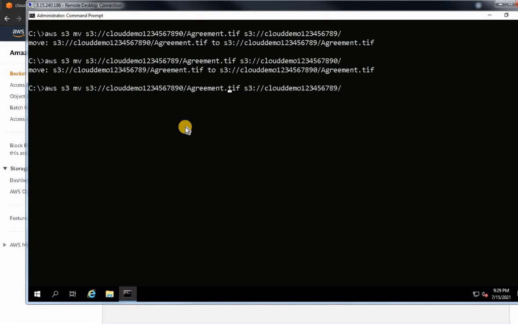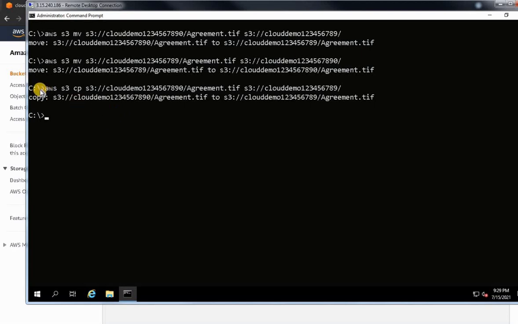So instead of mv, let's now try the cp command. Let's hit enter and let's see. Now we can see this agreement.tif file is copied.